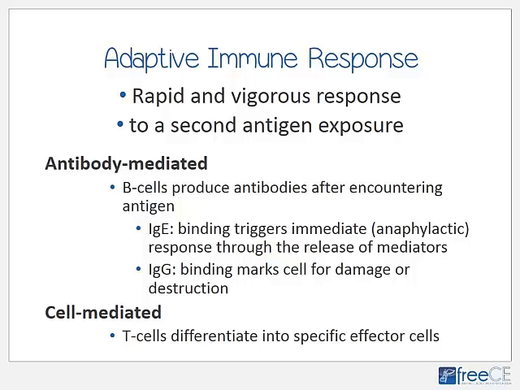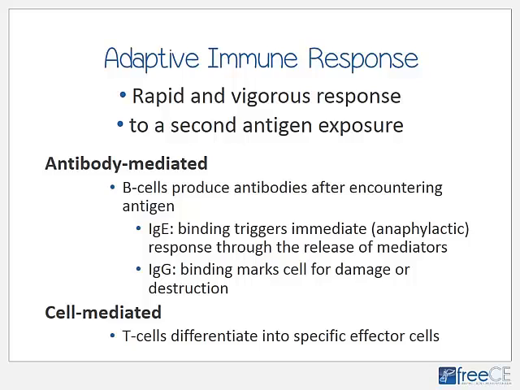In an antibody-mediated response, B cells kick in, and these are going to produce the antibodies after they encounter the antigen. And they can either form IgE or IgG. IgE antibodies are going to bind, and these are the kind that trigger the immediate response, like anaphylaxis. However, IgG are going to mark cells for damage or destruction, and they will produce a host of other symptoms. The other branch, besides antibodies, is a cell-mediated immune response. This is where T cells are activated. And then these are going to differentiate into other specific cells that are going to activate other cells, like macrophages. Oftentimes T cells are actually found in the skin,